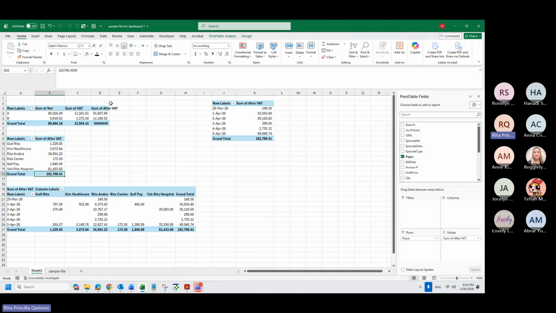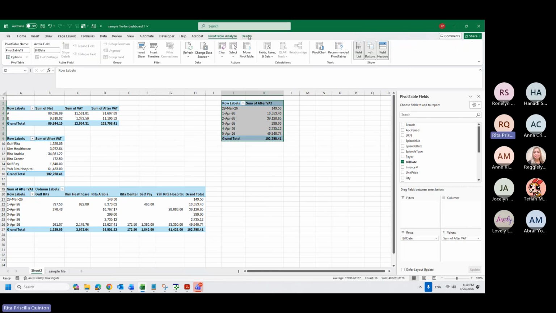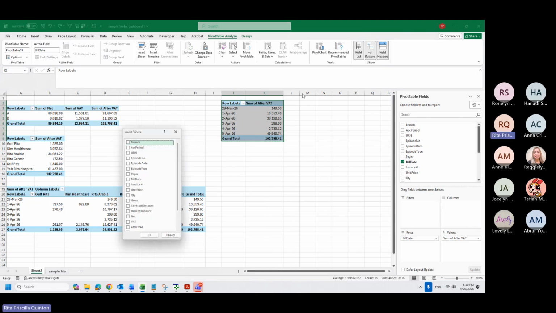102,000, 102,000, 102. If I only want Galfrita, then it should show me 1,300, right? So how will I do it from this table? Go to design, pivot table analyze, and insert slicer. Since I want to know how much for each payer, I will put the slicer as payer.